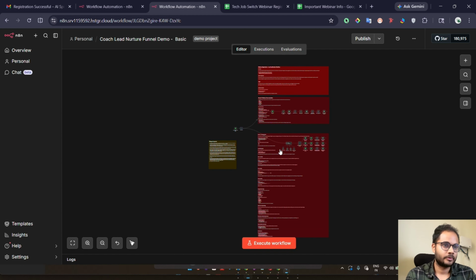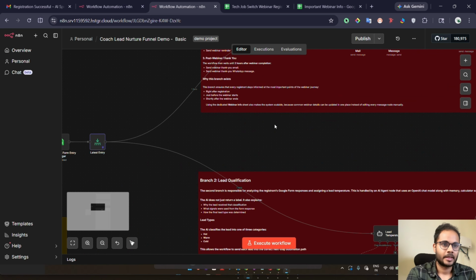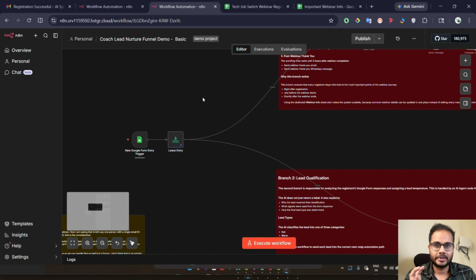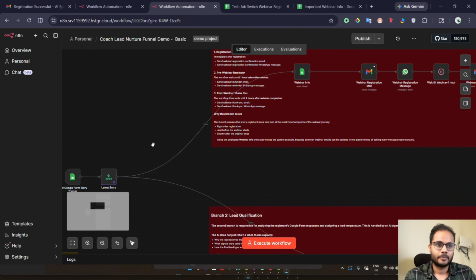So this is the basic workflow. I have kept some notes here. Let's say someone fills the Google form. There will be a new row in the Google Sheet. Then if there is a new row, there will be a trigger. So this is a trigger point from the Google Sheet. It will take the latest entry. Then